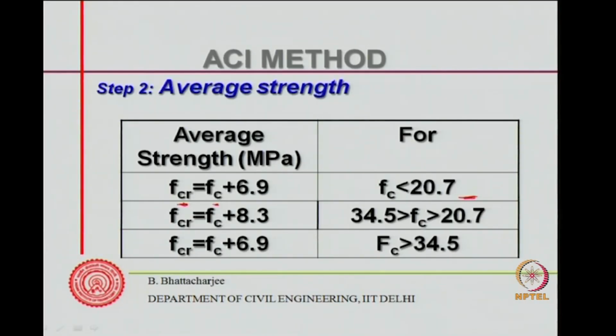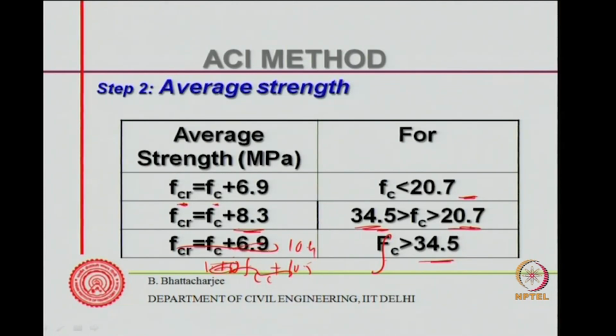If it is more than 20.7 and less than 34.5, then you add 8.3, and if it is greater than 34.5, then you add... oh, this is wrong. You add 1.1 FC plus 10.5? So, the value is different, this is not correct. I think we have the formula separately. Sorry, this is FC plus 10.9, not 1.1 FC plus 10.9. So, anyway, this is FC greater than 34.5, you have